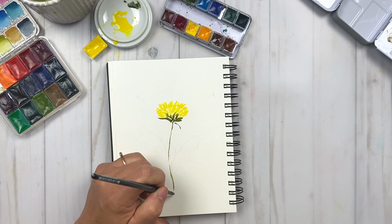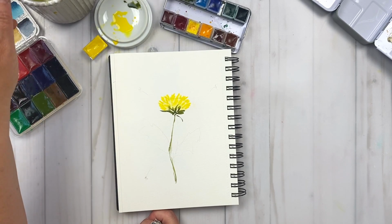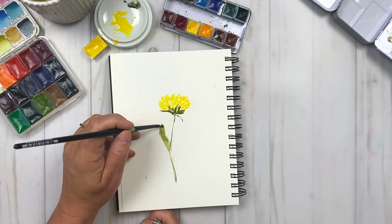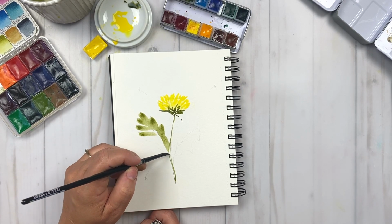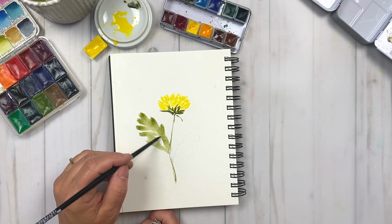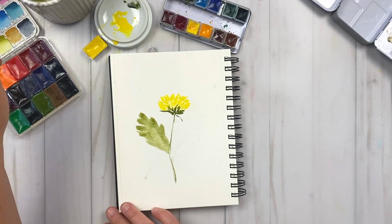And I'm following the flow of the lines I put in with pencil, but really super loosely. My hand is just super loose and I'm just playing with the brush and the paint and having some fun with it. It's super wonky, and I would encourage you just with these fast and loose watercolor projects,